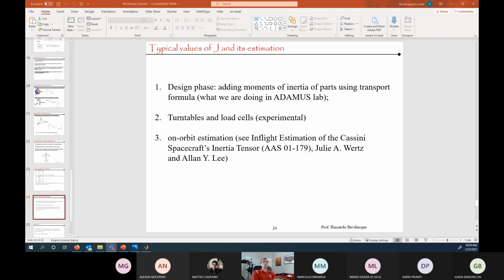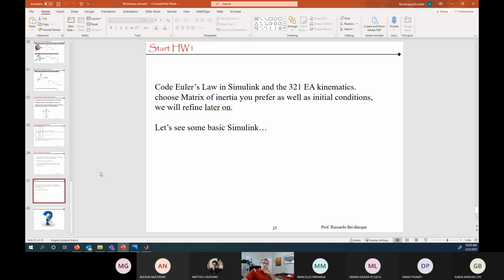The Cassini probe had software on board that allowed for the in-flight, on-orbit estimation of the spacecraft's inertia tensor. So it's definitely a system identification problem that is not trivial to solve. Okay, now